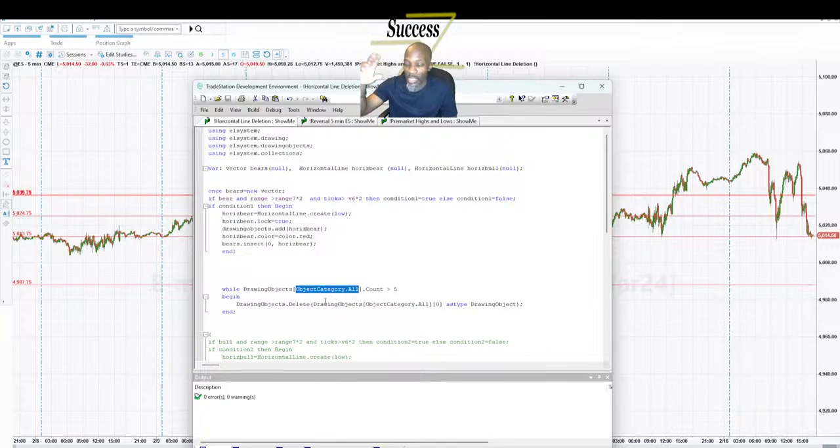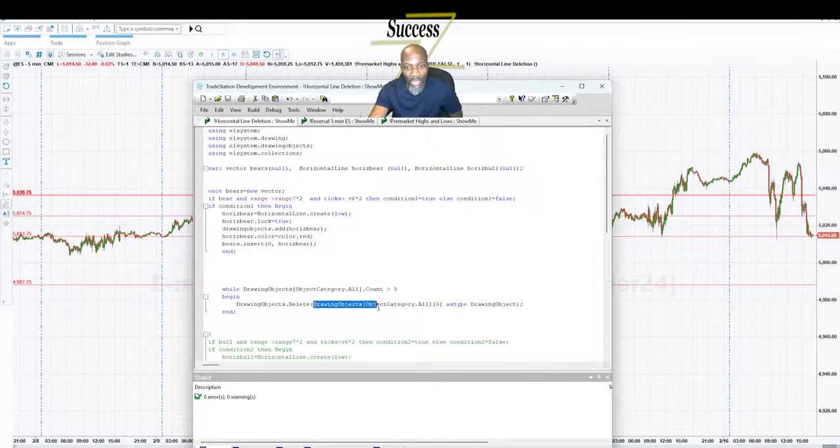It's like a dynamic array, I guess. And then it just keeps adding to that number. So that array is going to be as large as object category.all. And so this will be the count of how many is actually in the array. And so if it's greater than 5, then you want to delete